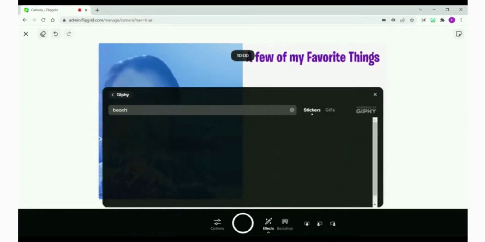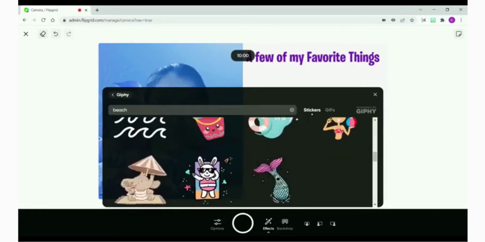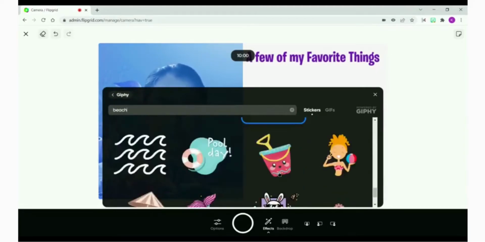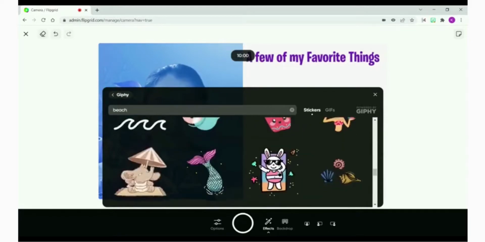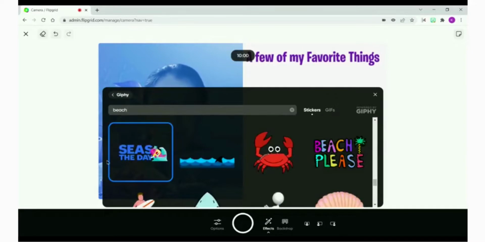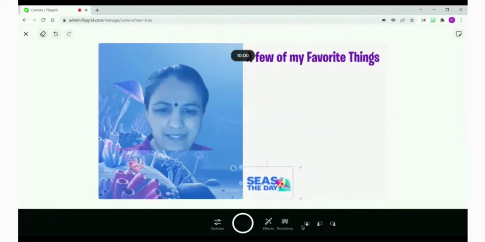A place that I really like would be the beach. So let's check this out. Okay, this looks nice.